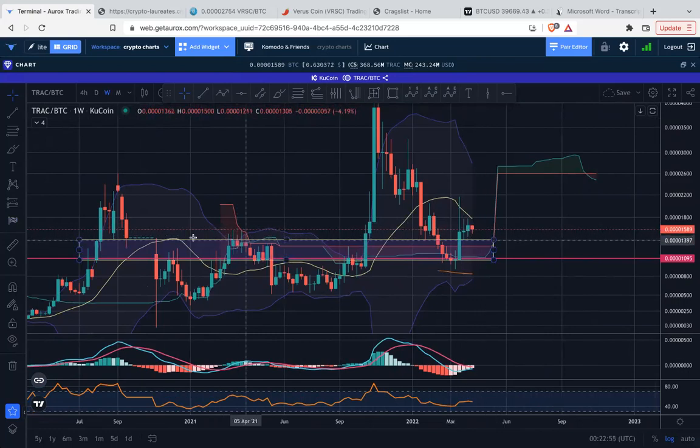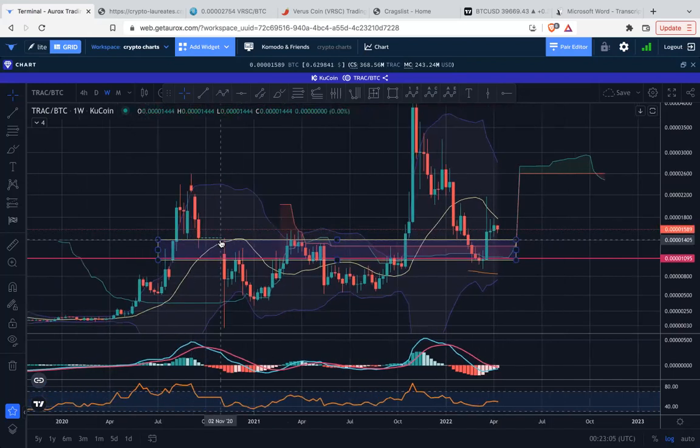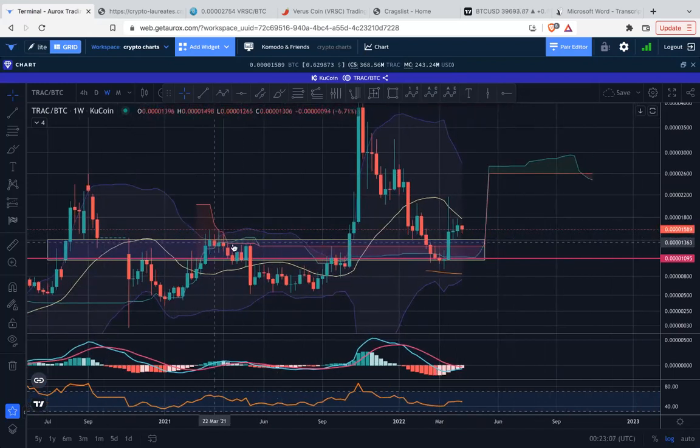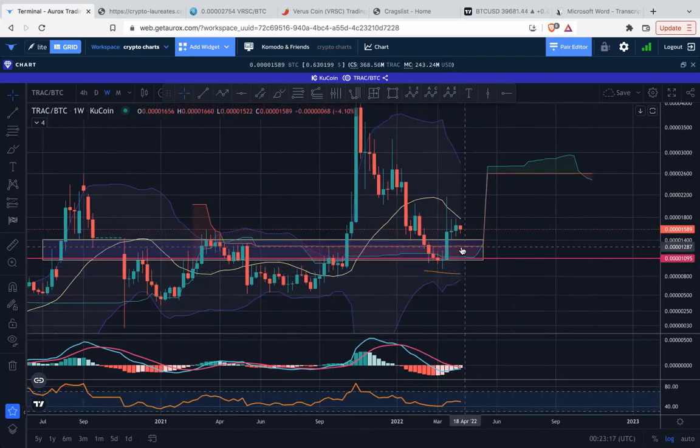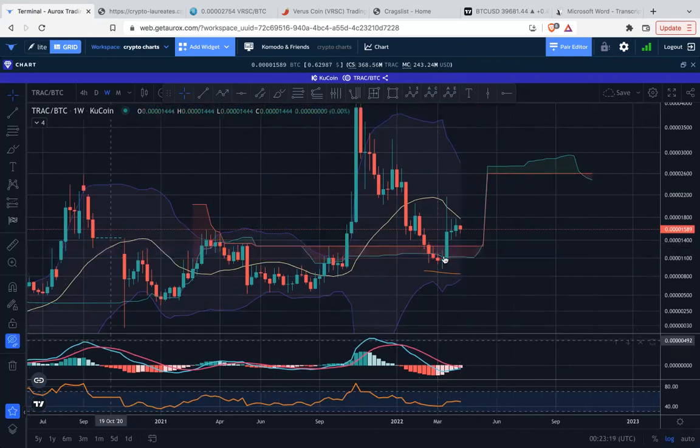If you could hold this level of previous support and resistance here, although that doesn't really count because you had some glitch in the charts here about the price action on KuCoin. That's another story. But it's clearly a level of previous resistance. And so will it find support here? Or, you know, it already came to its 200-week moving average. So can it find a higher low when it comes down? And would that be at the Ichimoku cloud?